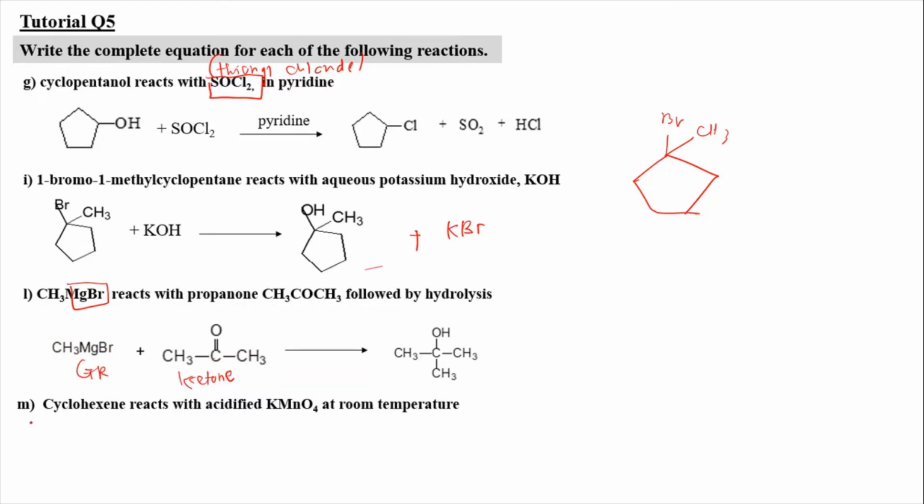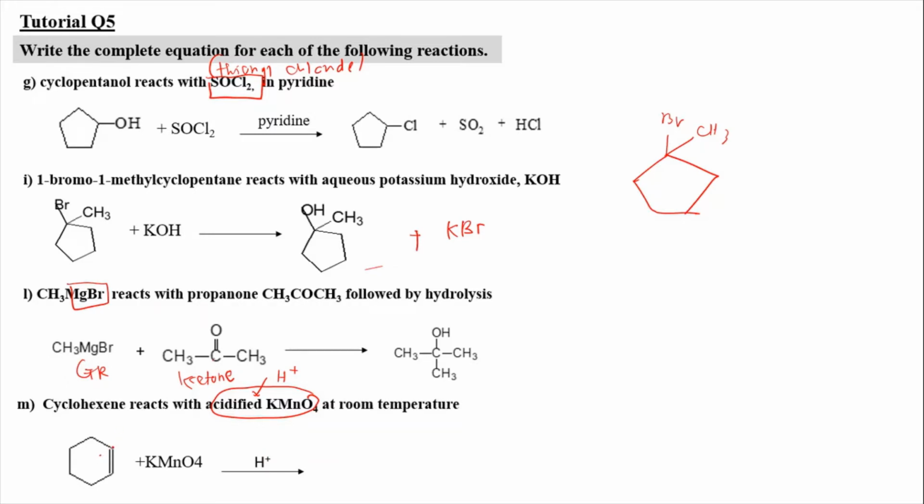Now we're going to do the last question of question 5, which is the cyclohexene, which is the structure like this, and then it's going to react with a strong oxidizing agent at acidified condition. So there must be H plus here. So when it adds up with the KMnO4, which is the strong oxidizing agent, and H plus here, what it's going to do is it's going to